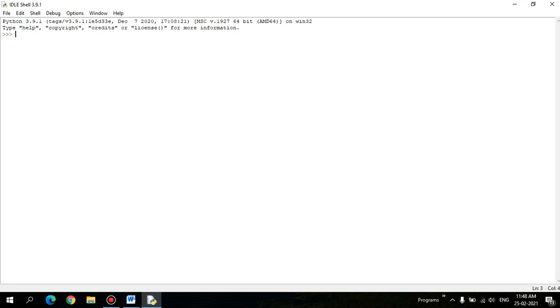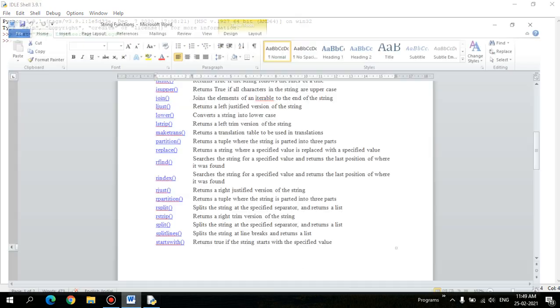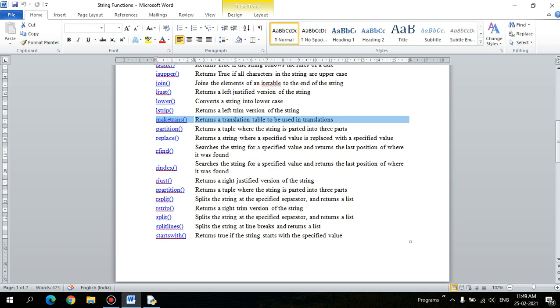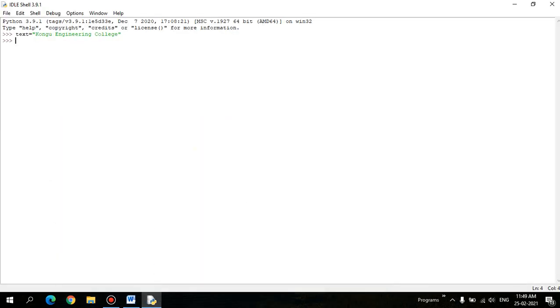Next I'm going to have this Kongu Engineering College. In this function it is going to return a translation table to be used in translations, right? So make translation.